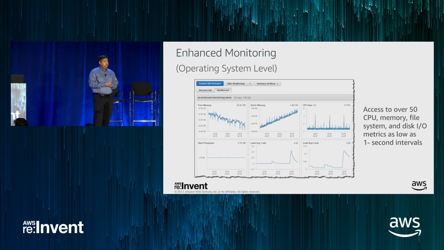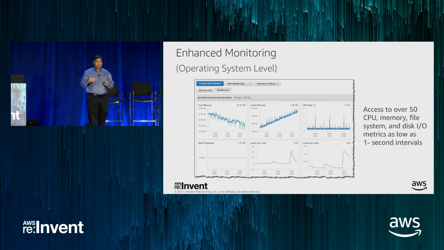If you want more information about monitoring, there is an optional feature called enhanced monitoring. And what it does, it gives you host level metrics available to you for a more fine-grained monitoring that you want to do. So one example that I can think of is top, right? Everybody likes to see top output. So if you want to see a top output process view, you get that in the enhanced monitoring. And it also gives you more features like the breakdown of CPU into the system time and user time. It gives you the process list where you can find out which process really uses my CPU time, with the process ID that you can actually kill